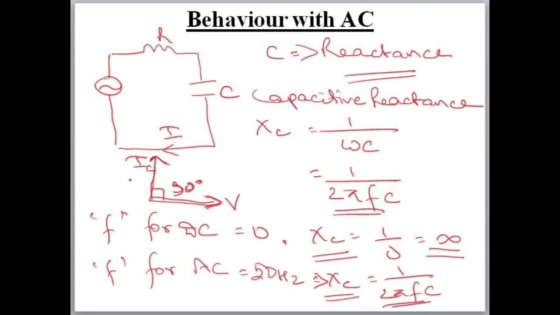In case of DC, this IC will be 0, but in case of AC, this IC will lead the voltage by 90 degrees. So you should remember, a capacitor is not an open circuit in AC. It will give some reactance, but that will have a particular value. It will not be infinite. But for DC, the reactance is infinite, so only it will block the current. In AC it won't block, it will allow some current to flow, but that current will be 90 degrees leading to the voltage.